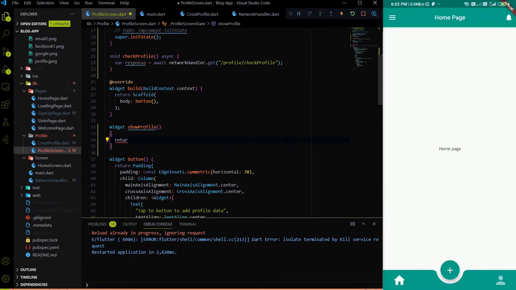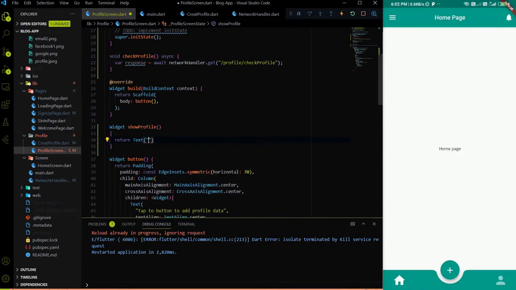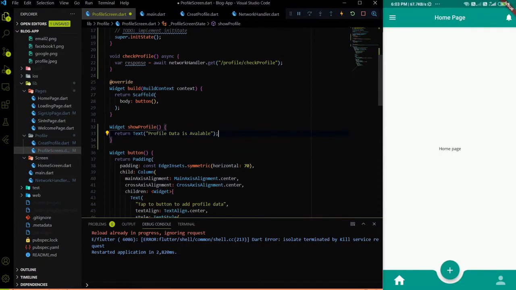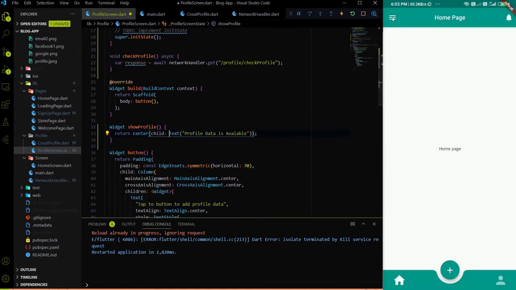So let me return a normal text right now to show that profile data is available, and wrap it in a Center, because if we don't wrap it in a Center, then it will show over here and will not look good.